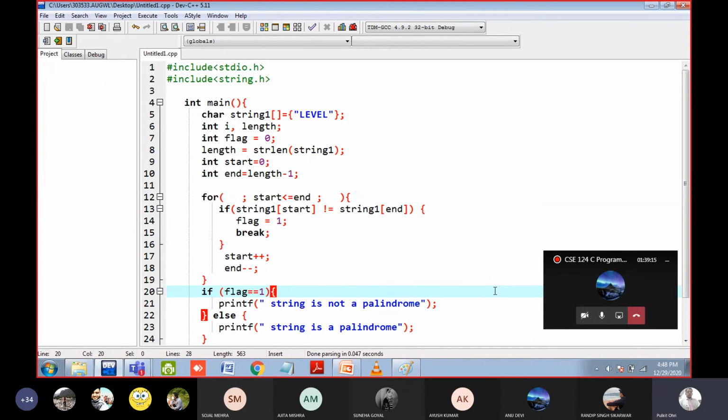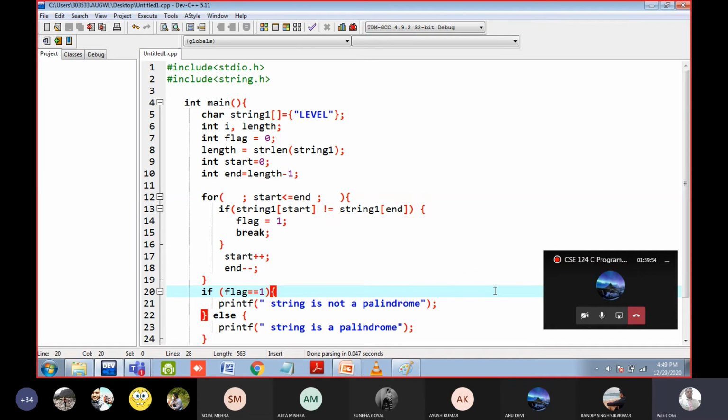So whenever the code is compiled, at line number 1, the computer will see the stdio header file. It will open the header file, which is there inside the computer whenever the C language program is installed. It will copy paste the code here. Let us suppose 100 lines are inside the stdio header file; it will copy paste them here. Similarly, at line number 2, it will open the string.h header file and copy paste the code here. Then the whole code, your code and the header files of stdio and string, is executed.